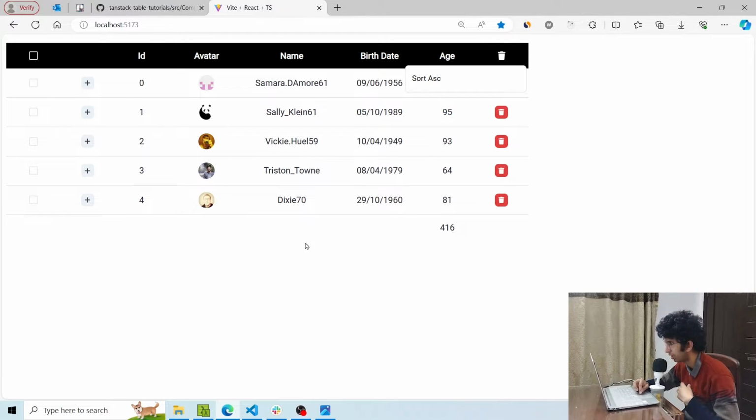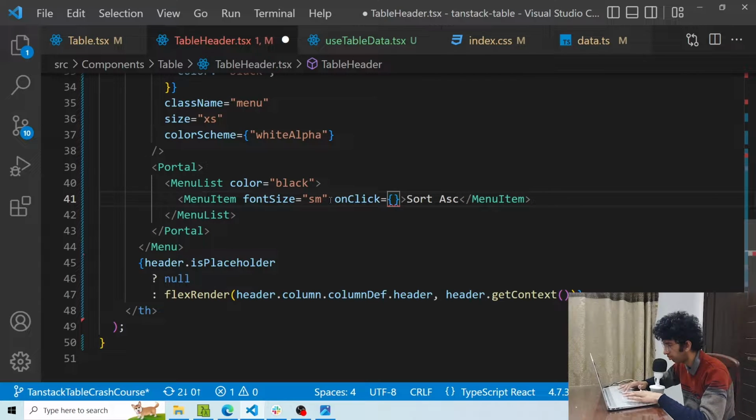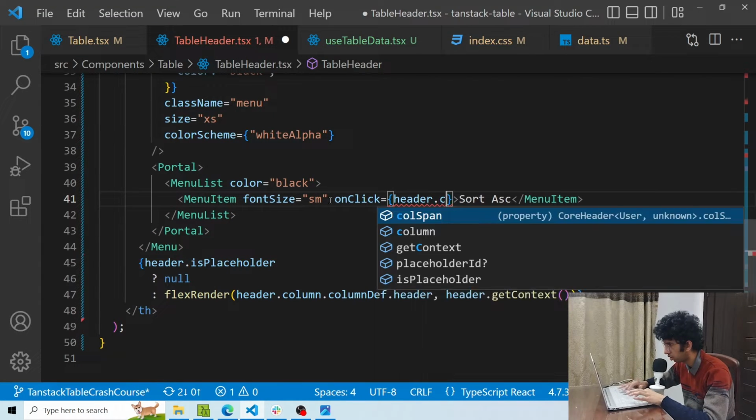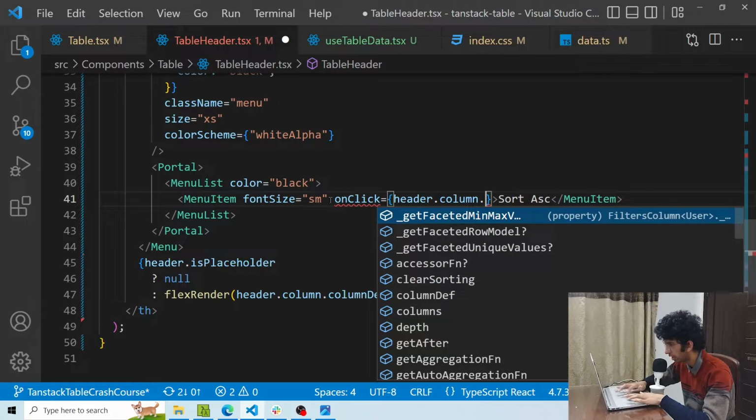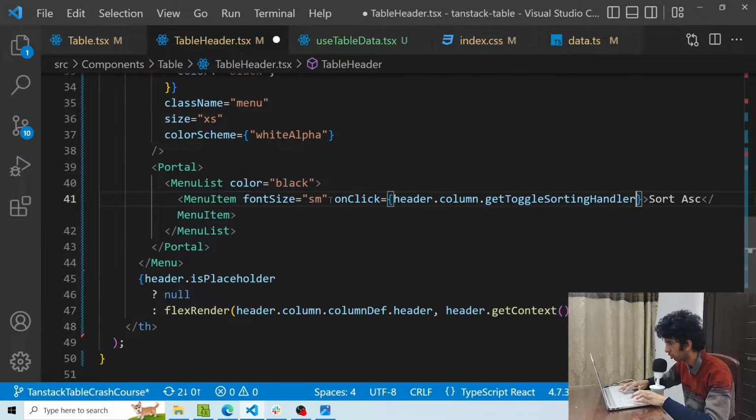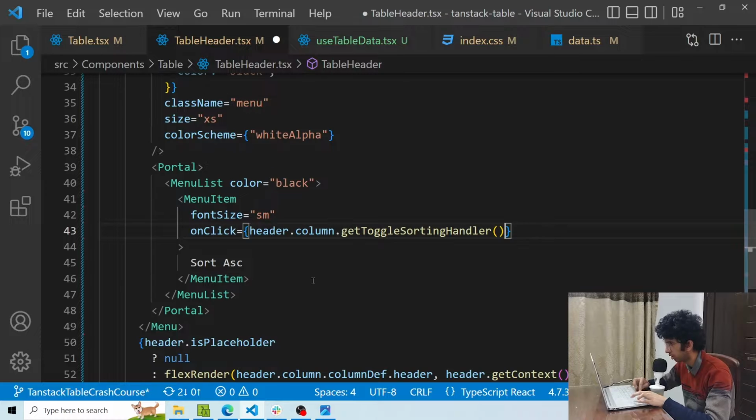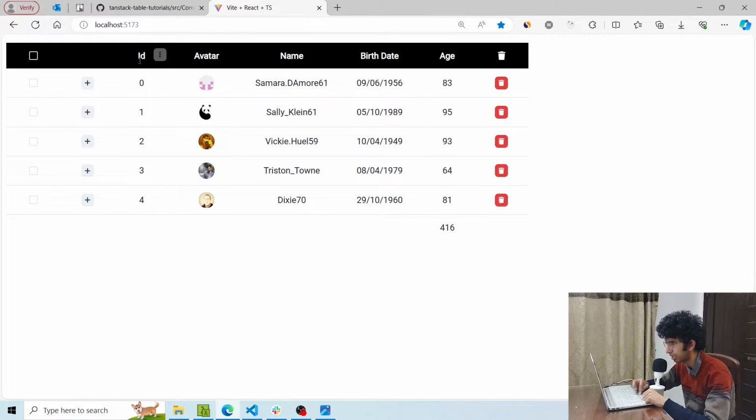I want to basically toggle sorting for a particular column based on this option, and I want to show a different option based on the current sorting. So if ascending sorting is enabled for a column, I want to show descending, and vice versa. For sorting it's pretty simple. I will pass here header.column.getToggleSortingHandler, and this would basically give me the function for sorting. So if I am here, let's say in id, I click on sort ascending, you can see that